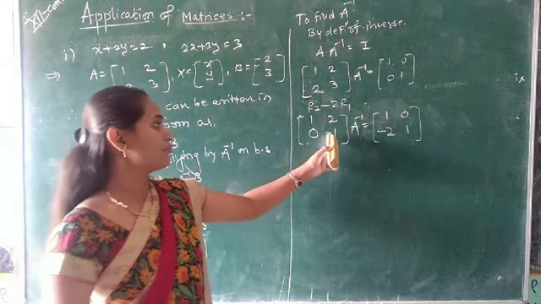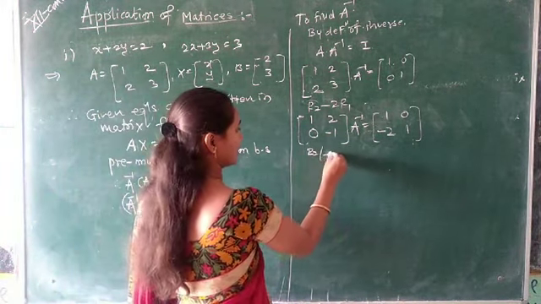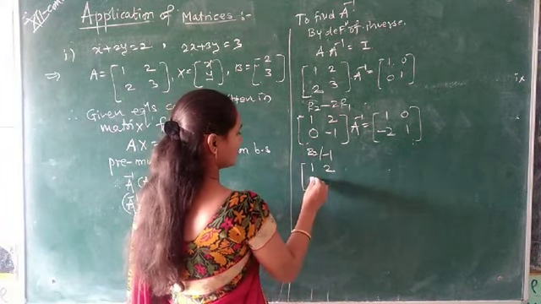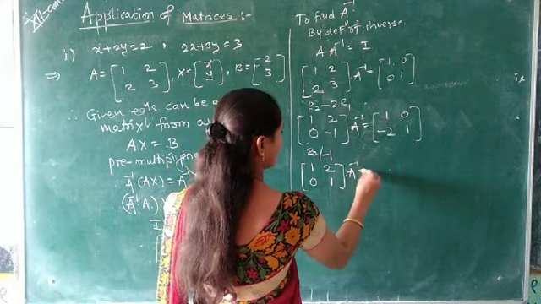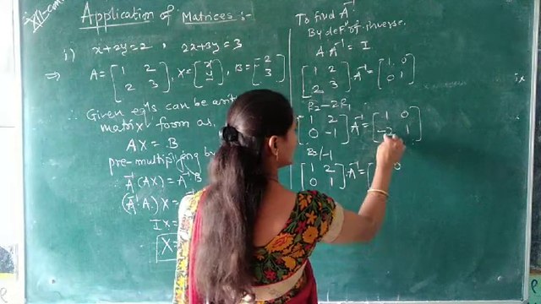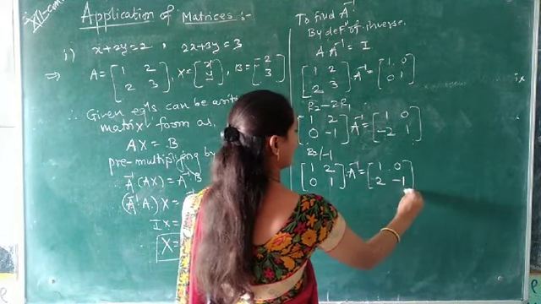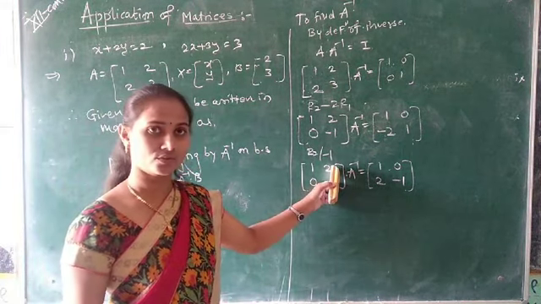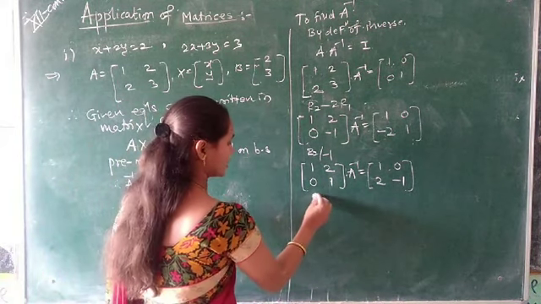Now next we have to make the minus 1 into 1. So I am dividing R2 by minus 1, then it becomes plus 1. 0 upon 1 is 0, minus 1 upon minus 1 is 1. A inverse is equal to 1, 0, minus 2 upon minus 1 that is plus 2, and minus 1. Now we have to make this 2 into 0, so again I multiply by 2 and take the subtraction.